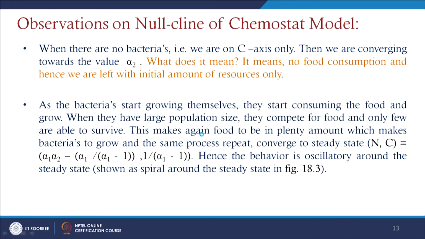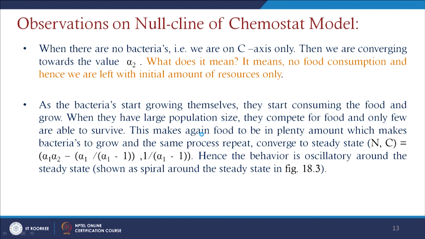And if you go for a physical observation of these null-clines for this chemostat model, when there are no bacteria, we are on the C axis only, and we are converging towards the value alpha 2. This means that if there is no consumption of food, we are left with only the initial amount of resources. And as the bacteria start growing, they start consuming the food and grow. When they have a large population size, they compete for the food, and only a few are able to survive. Then again this makes the food plentiful, which makes the bacteria grow again, and the same